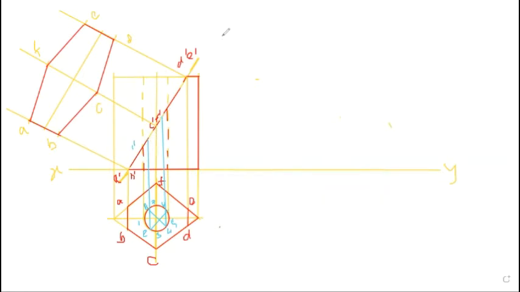So again, from each point we draw a line similar to the previous one. And from the center line again, this will be the 1, then 2, then 3, 4, 5, again 6, 7, 8. So if we join like this,